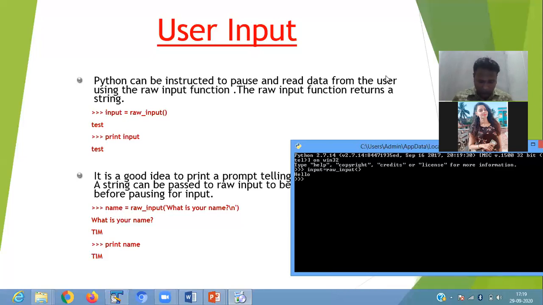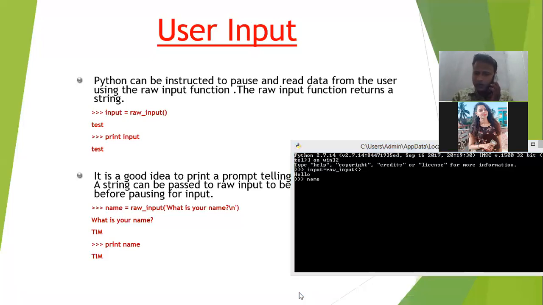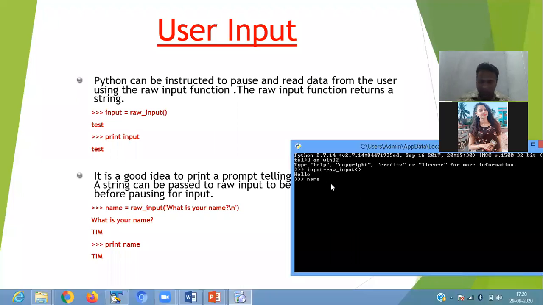If you want to pass any value, name equals to... So here we define a variable name equals to raw_input.